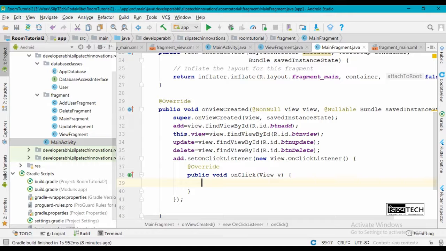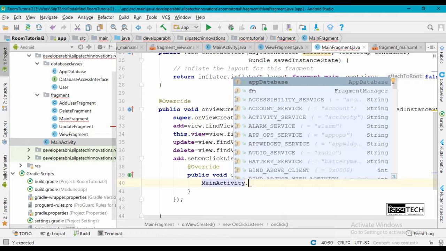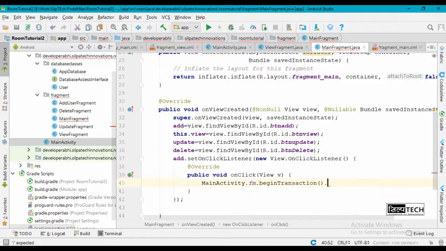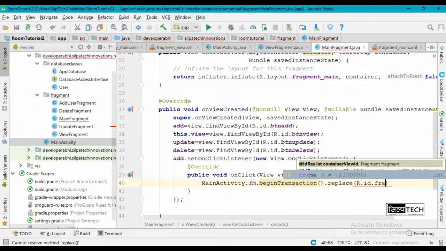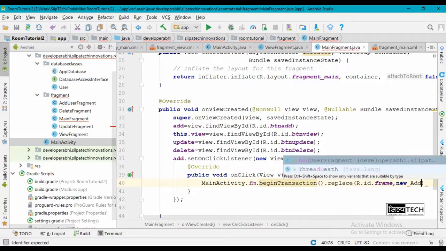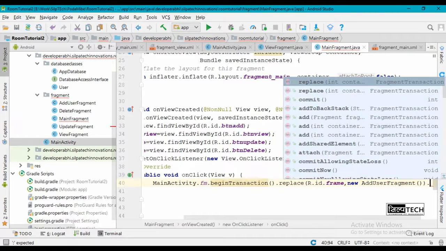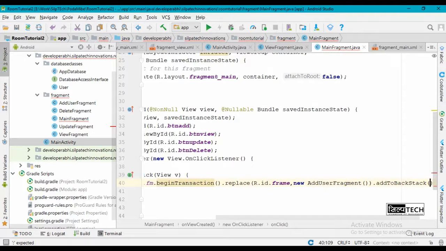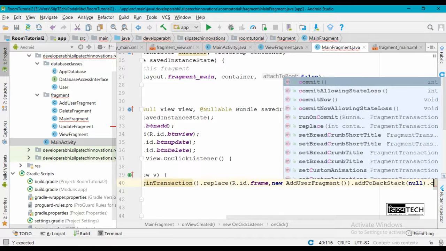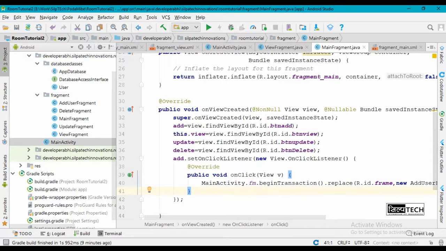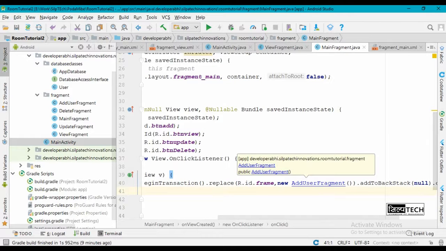Now while we place click on our add button, we need to open our add user fragment. So for that, we already have a fragment manager in main activity, so we are going to use that: main activity.fm dot begin transaction dot replace, because we have already added a fragment, r dot id dot again a frame layout id, and then new add user fragment. Also, if you don't want to save the previous fragment in stack, we can add to backstack null and then finally a commit. So yeah, now in this fragment, if we press our add button, our program flow is going to move to